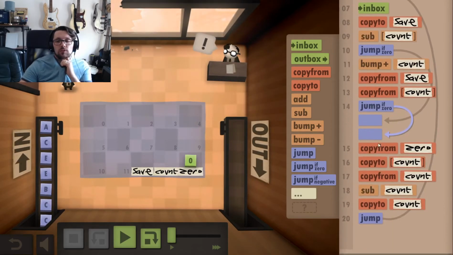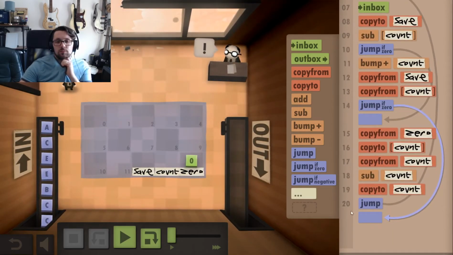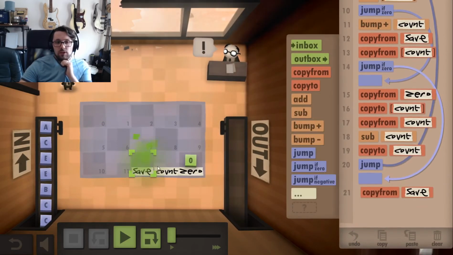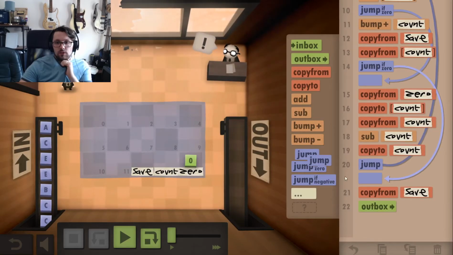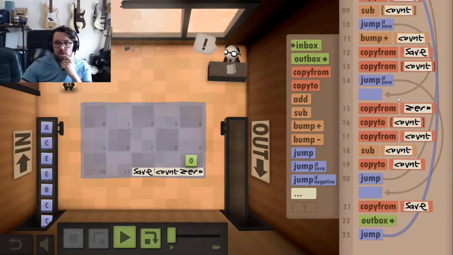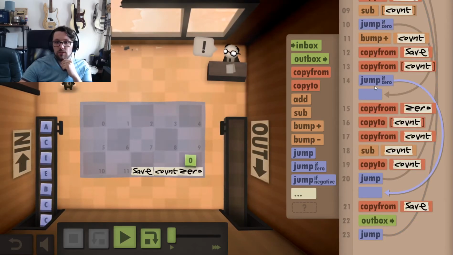If it's 0, that means I got to the end of it and it's not a duplicate. So I want to then copy it from the save, outbox it, and jump back up to the inbox bit, right? But if it is 0,